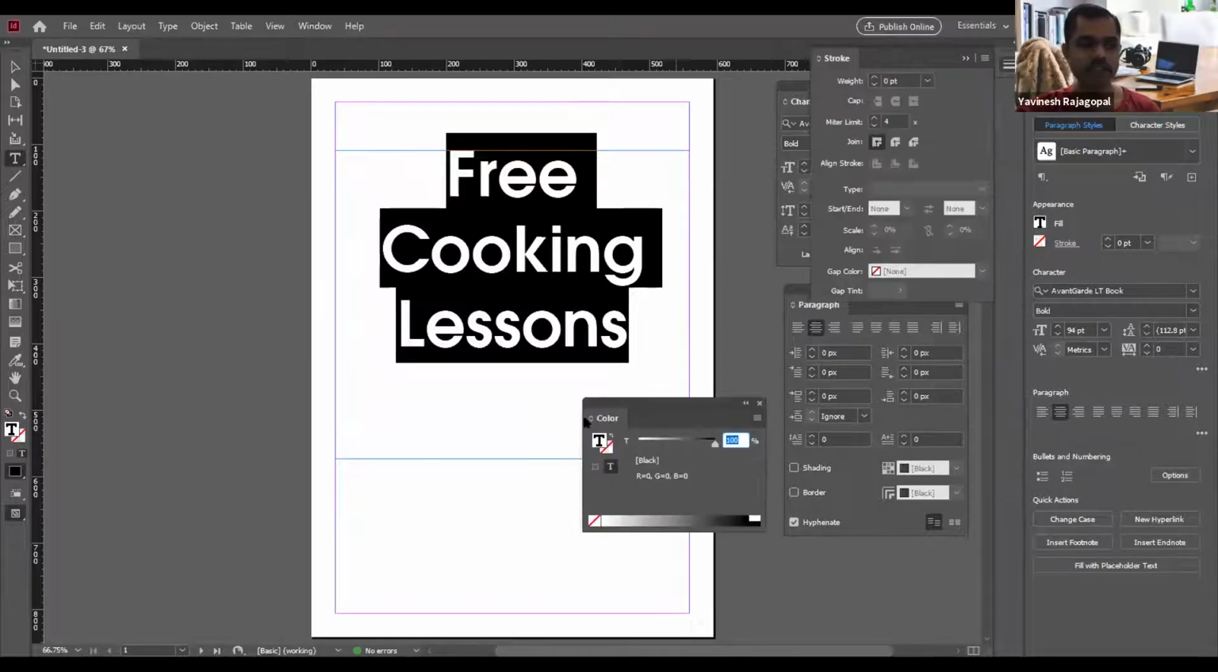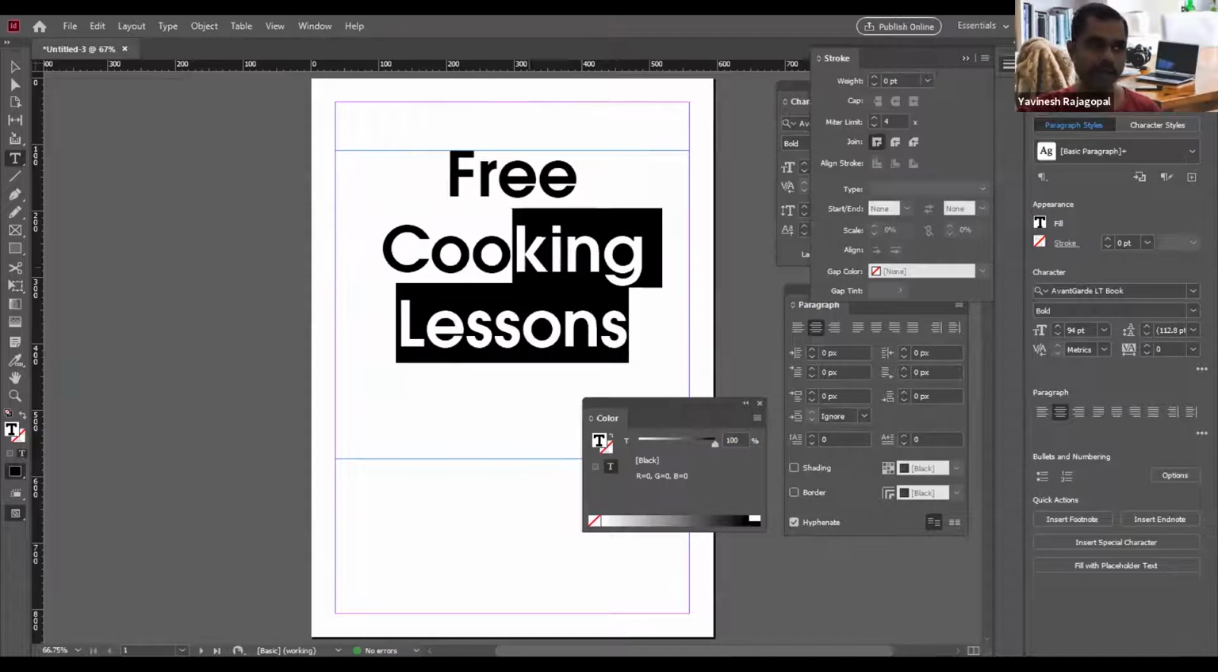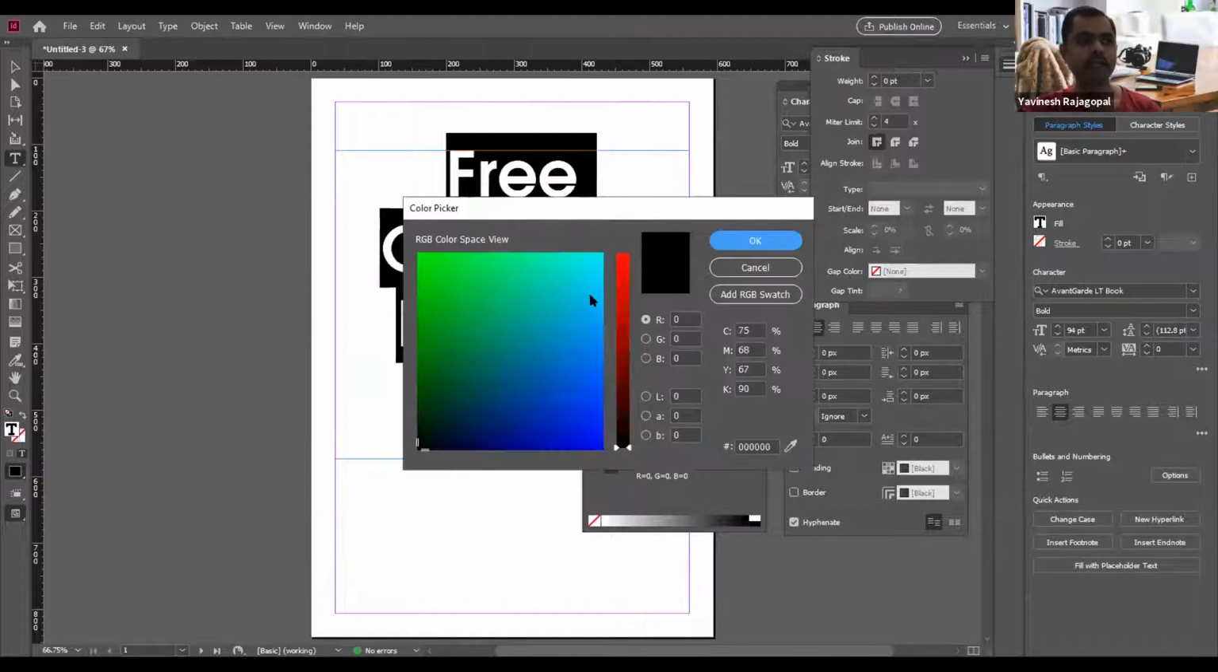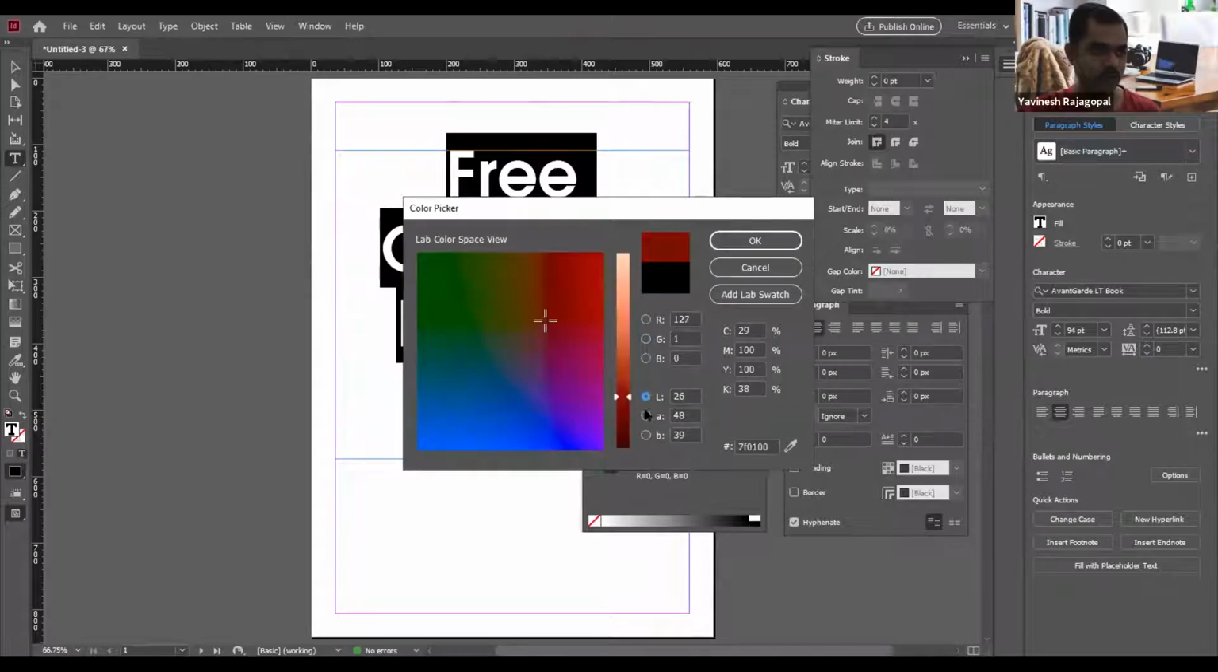You can change it from the color panel, or you highlight your text, and then you can see there is a T with a black color on the main toolbar. Double click the T over there, and you can choose the color that you want. From here, let me just change this to